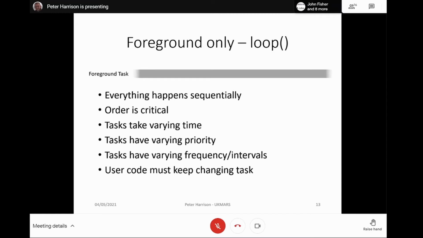And things happen at different, can somebody wave if they can still hear me? Okay. My laptop has lost its network connection. I can still hear you. Okay. So